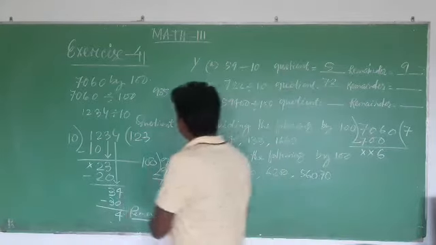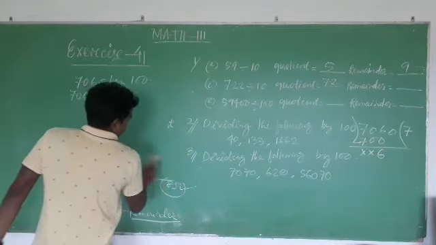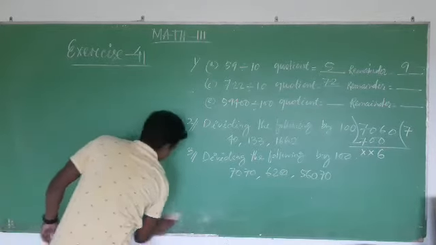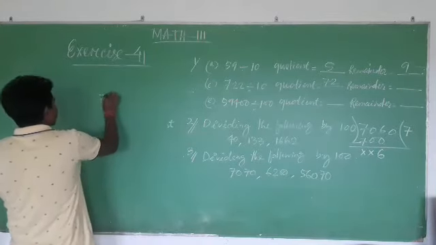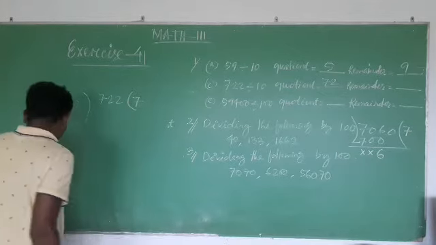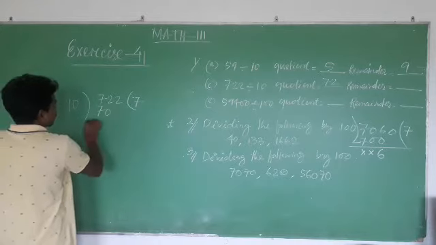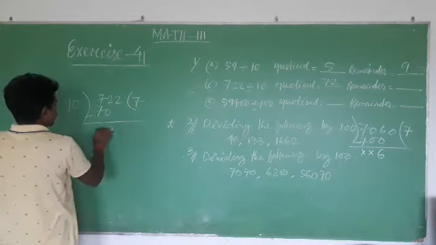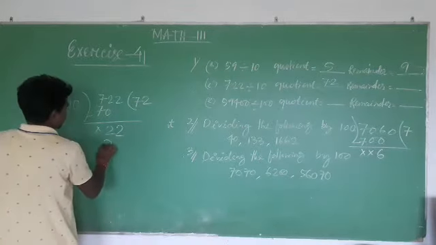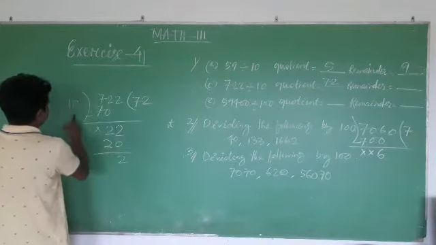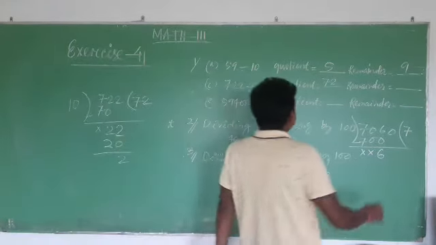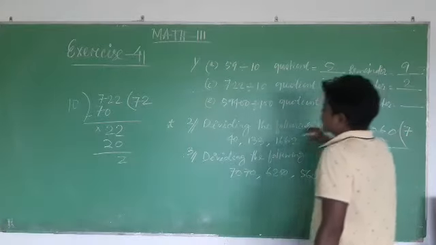You are not getting it? See, I must do it here. That is 702 divided by 10. 10 sevens are 70. Now this is 2. 7 minus 7 is 0. Then 2, 10 zeros. 2 is smaller than 10. So 72 is my quotient, hence 2 is the remainder. Here also the same things.